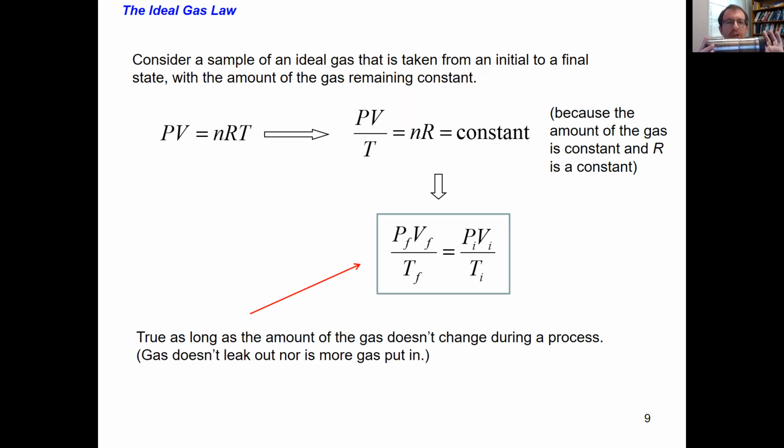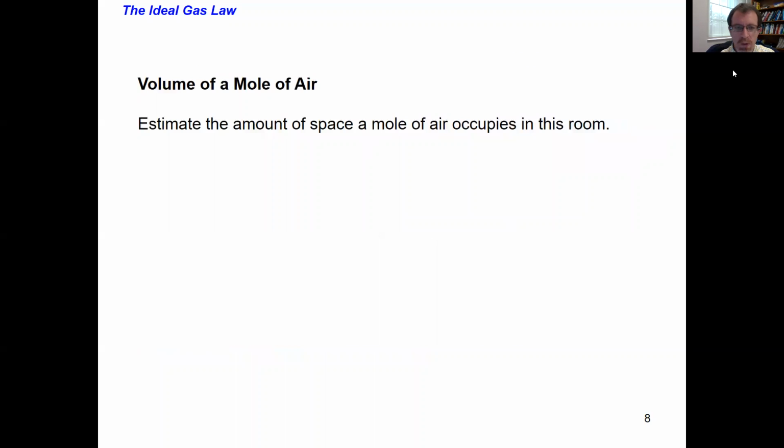It could be a rigid container like this, or it could be a balloon. But that container is sealed, and so we can't change the amount of gas that's inside that container. We can't add to the amount of gas. We can't take any gas out of it. Well, if that's the case, and if we rearrange this equation here, this PV equals nRT equation,